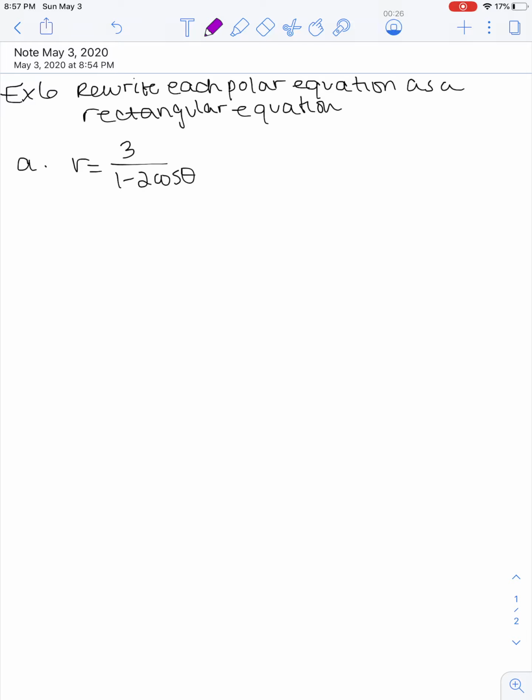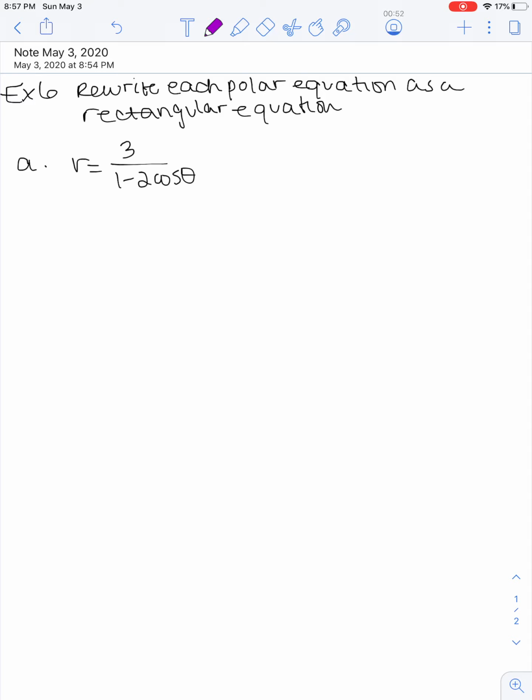Okay, so this video is looking at example 6. Example 6 has two problems that look at taking a polar equation and rewriting it as a rectangular equation. So we're trying to utilize some relationships between the polar and rectangular coordinate systems to get from this equation that is written in terms of r and cosine of theta and get it to be written in terms of x